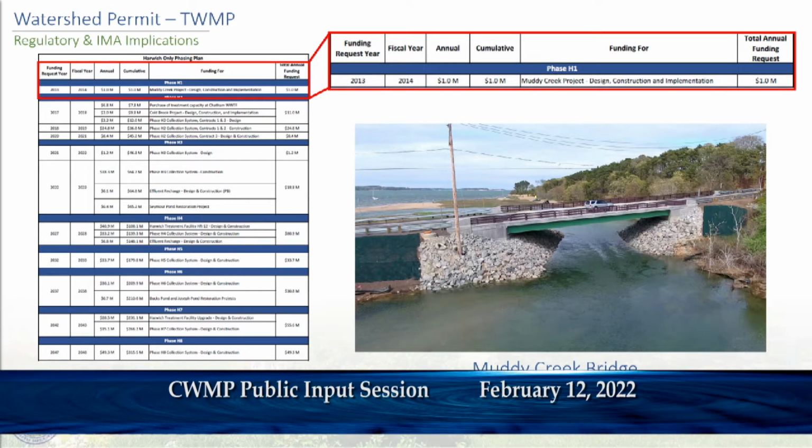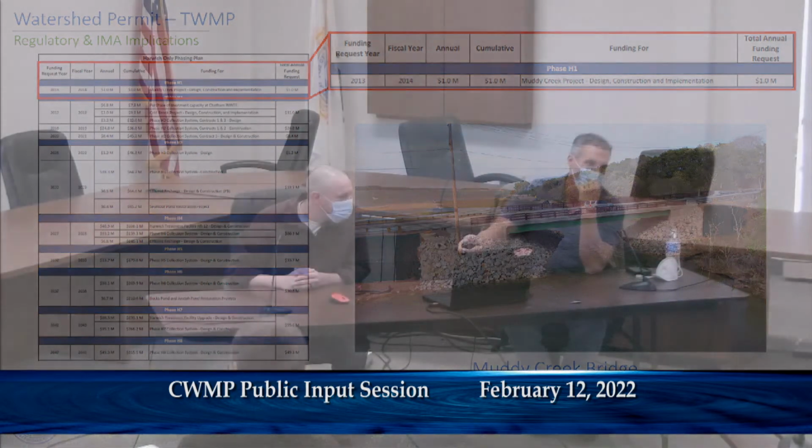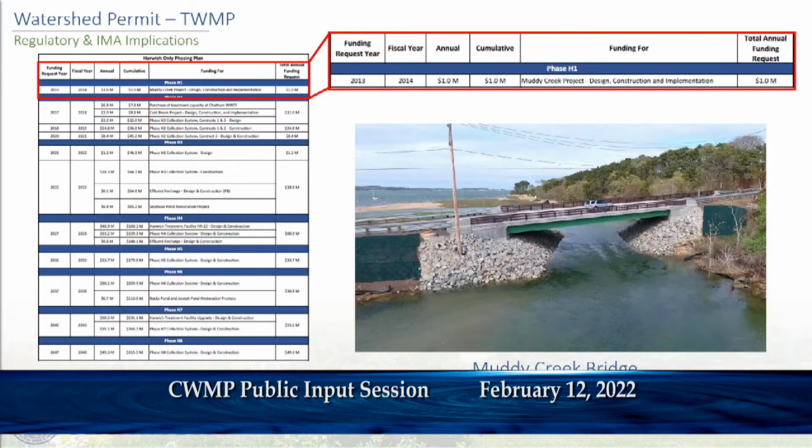And I'll just add one thing. I understand that table is extremely difficult to read, so I'm going to request that the slideshow be put up online so we can take a look at it, because there's a lot of good information in this table. It is a good timeline, and unfortunately, it looked a lot bigger on this screen when we saw it. So apologies for that. But on the right side of the screen there is Phase 1 of our CWMP,